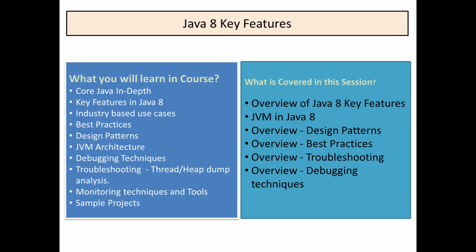So we'll touch upon some of the key concepts of the architectural changes of the Java Virtual Machine. And then we will also see some of the design patterns which are widely used in the industry, and some of the best practices. So we'll touch upon what the key problem areas are whenever a person works on a Java based project. Usually, when we learn Java, we always learn the core Java part, and then we write some basic programs.